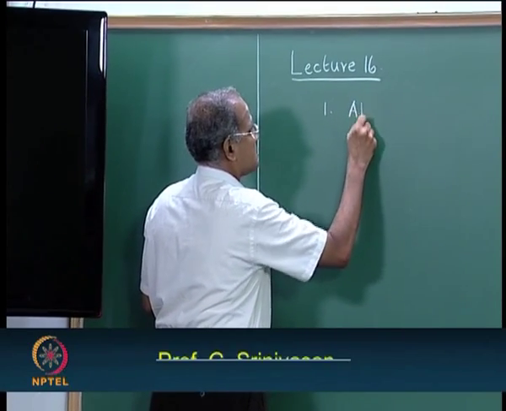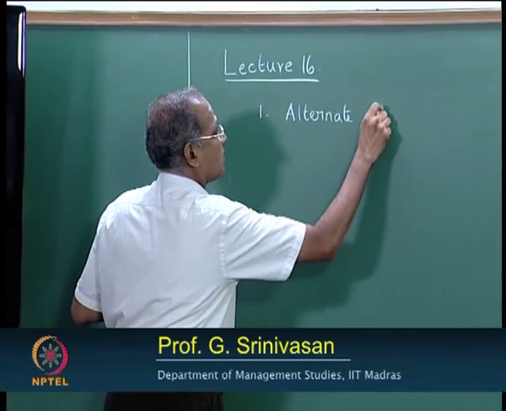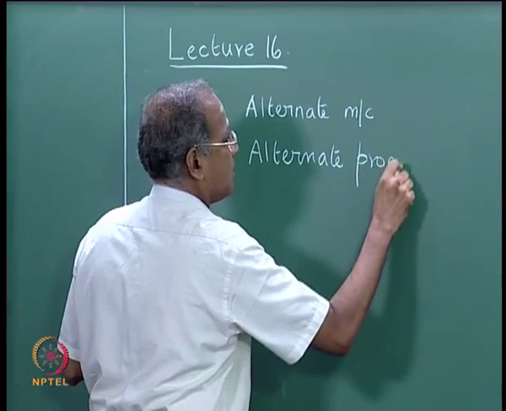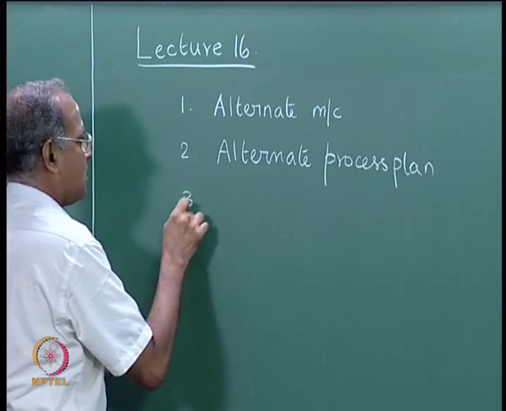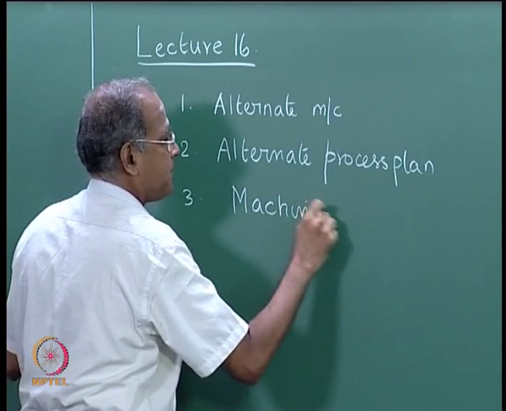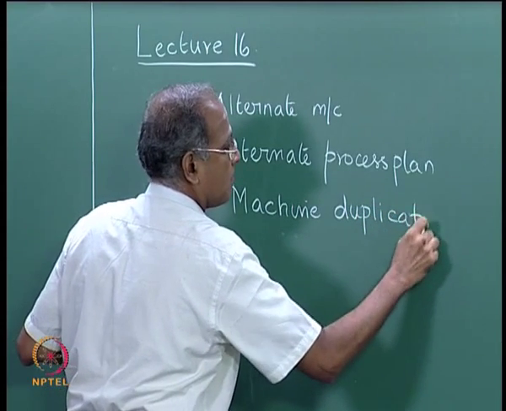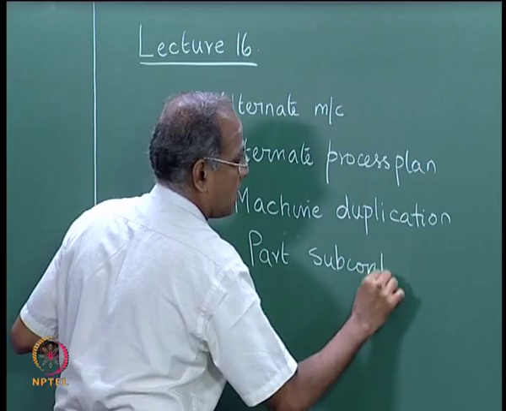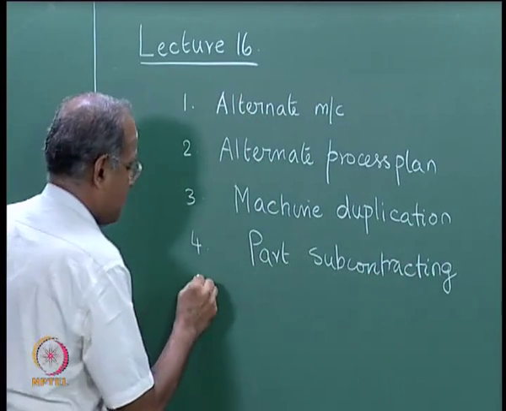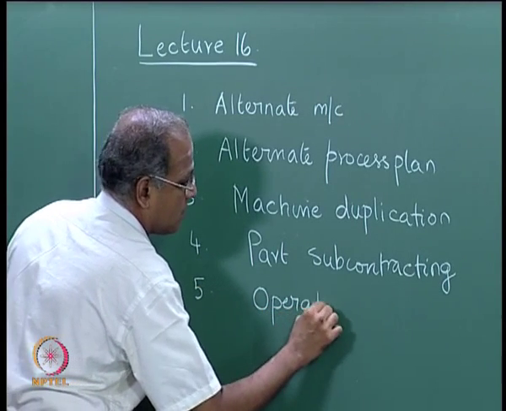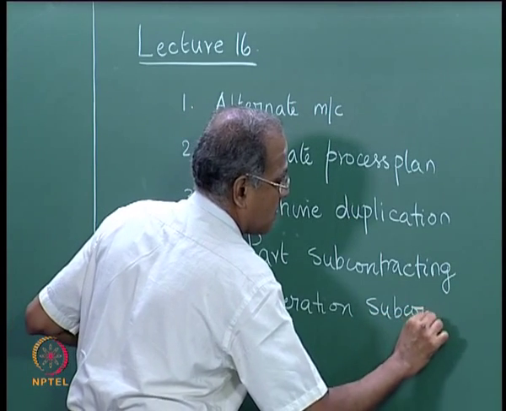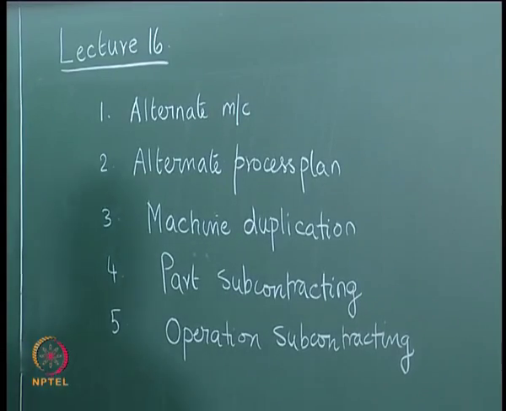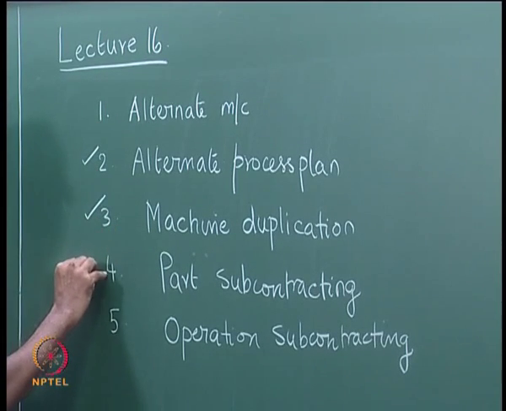One is alternate machines, alternate process plan, machine duplication, part subcontracting, operation subcontracting, etc. Out of these 5, we will concentrate on the alternate process plan, machine duplication and part subcontracting,